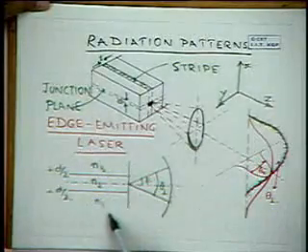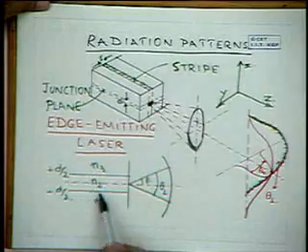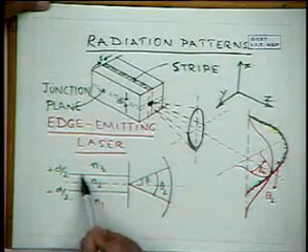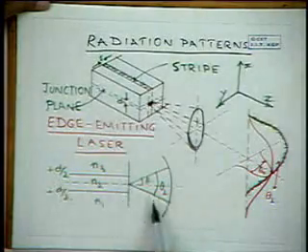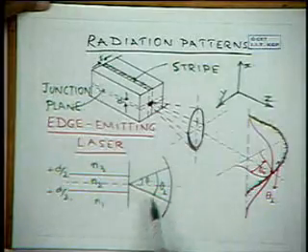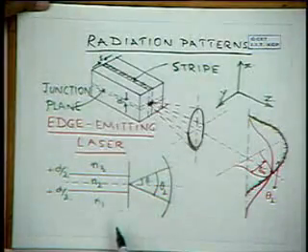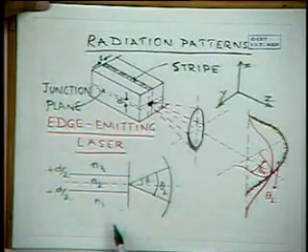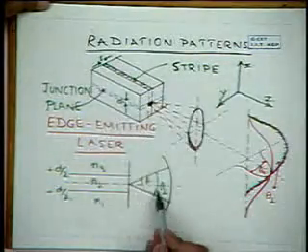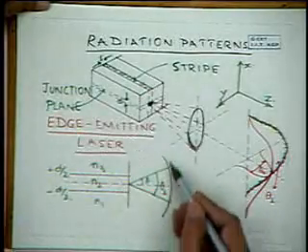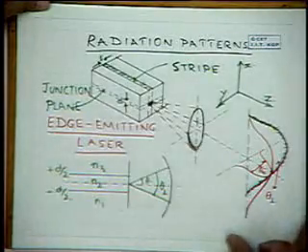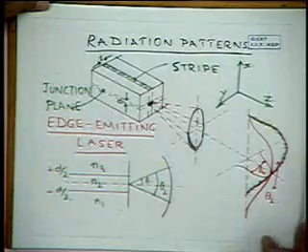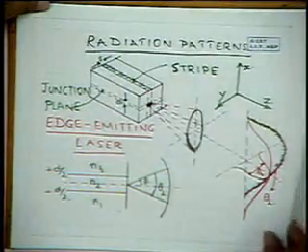This is a two-dimensional diagram of the same thing. This is a slab waveguide. This is the confining region of width D, and in this plane, this is the divergence. Okay, if this is vertical, then this angle is theta perpendicular. Now, how does one actually derive what are the values of theta parallel and perpendicular? Well, it's done by, again, using the wave equation and looking at the